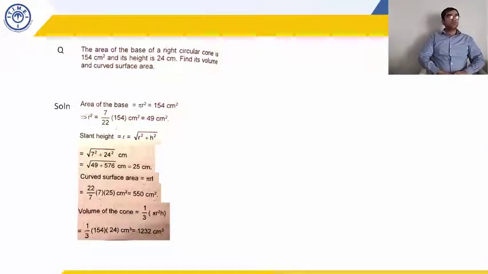So this was a very good question where I was able to tell you a little more about how to solve questions. Both are single step questions, pi r square h and pi r L. But in the first case, you already have pi r square as well as h given to you, and in the second case, you need to calculate both. So that is the lesson from this question.